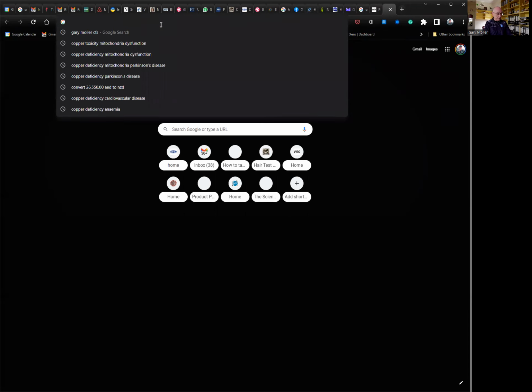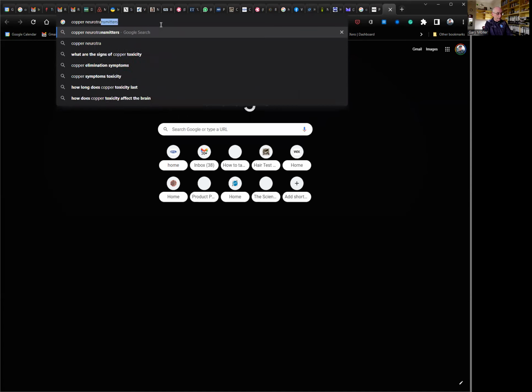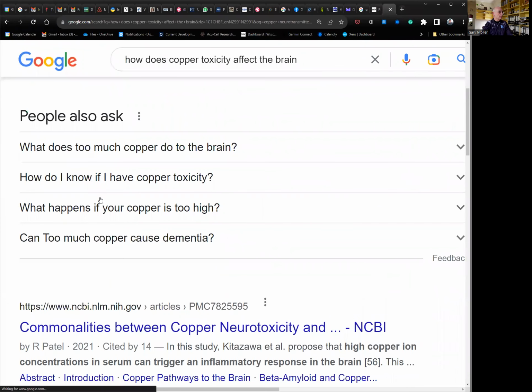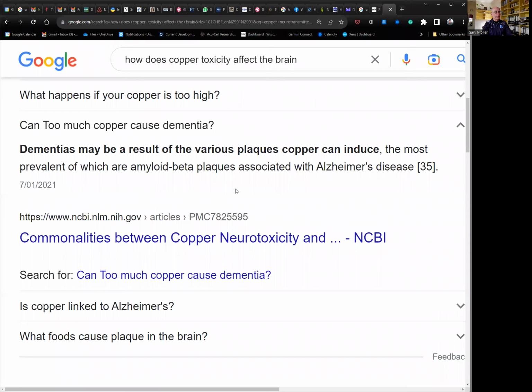Okay, let's type into here copper and neurotransmitters. And why don't we? How does copper toxicity affect the brain? Okay. Now, basically, copper again must be within the Goldilocks zone, and too much copper is associated with dementia. Think of Alzheimer's. Aluminium is too, by the way. Aluminium is the smoking gun, but it's more complicated than that. But as you can see here,